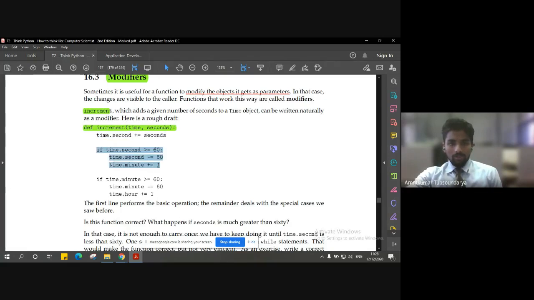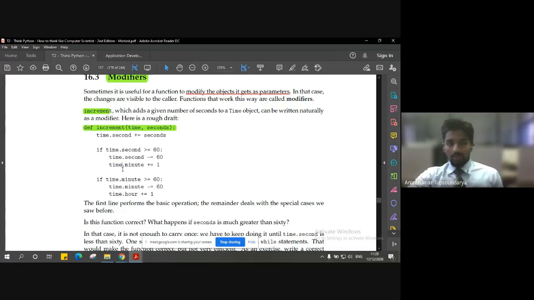And the conditional statements remain the same. The above statement, that is, once the second reaches greater than 60, we decrement the seconds by 60. That is again bringing down to zero, and we increase the minute by one, right?